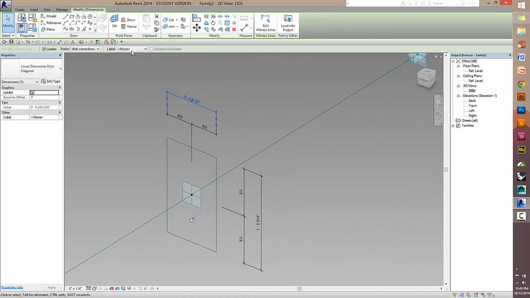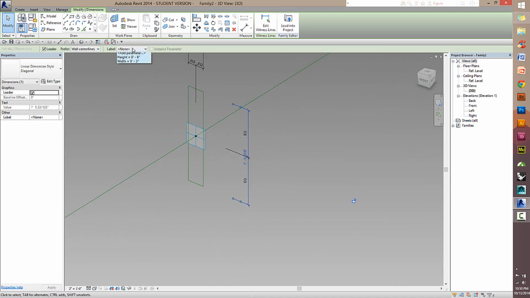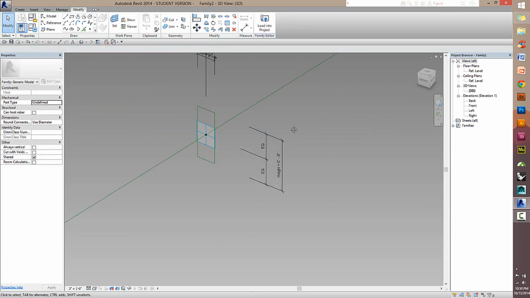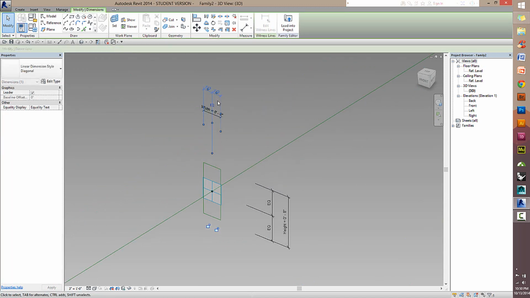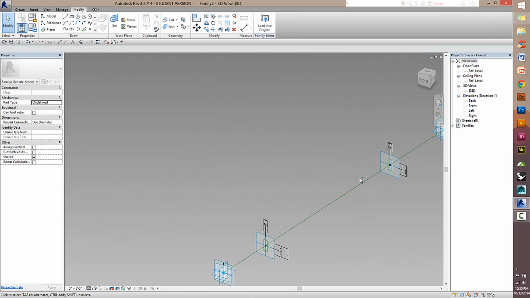Alright, so rather than giving each of these new parameters, I'm going to use the parameters already established, which you'll see are conveniently located on this list with the Add Parameter button. So I will give this a width of 3 inches, which was established elsewhere. And then I will give this a height. And one weird thing you'll notice is that my dimensions kind of ended up on top of each other there. That makes them a little bit more logical. Alright, so now that we have these two